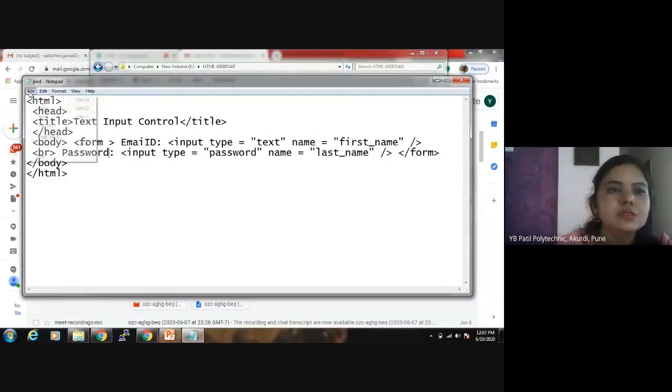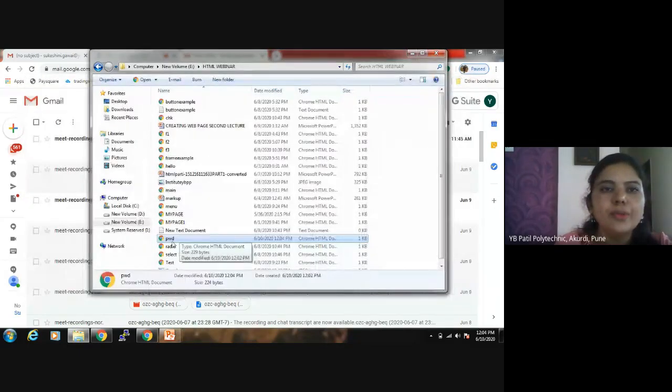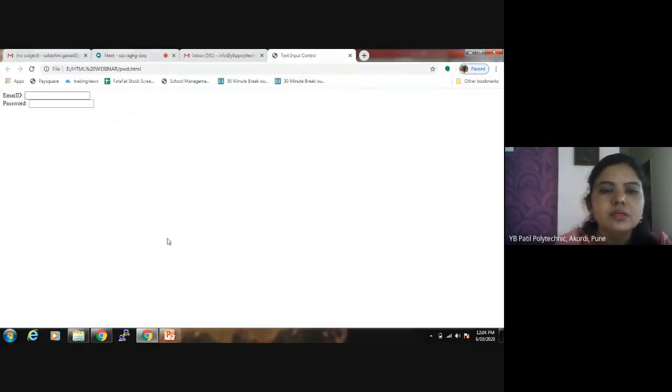Save this, save, close and open again. Now the output will appear: email ID, then password. It is not visible.